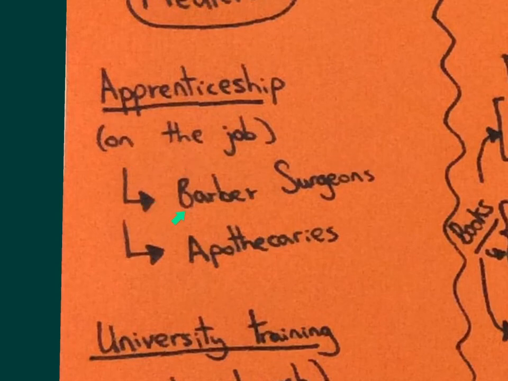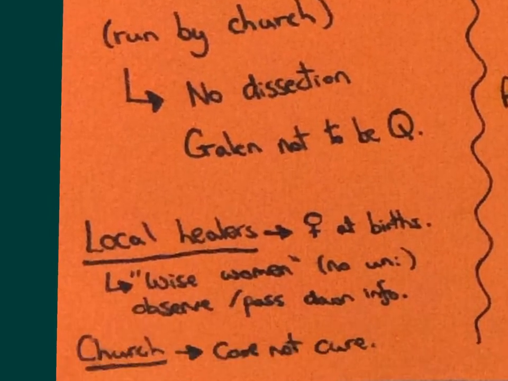Another group of people who might have used apprenticeships to train in medieval times were barber surgeons. These were people who would do things from pulling out teeth to simple surgeries like perhaps cutting off a visible growth or tumour, not an internal one, as well as maybe cutting your hair, hence being called a barber surgeon. So apprenticeships is one way that they would learn in the medieval period.